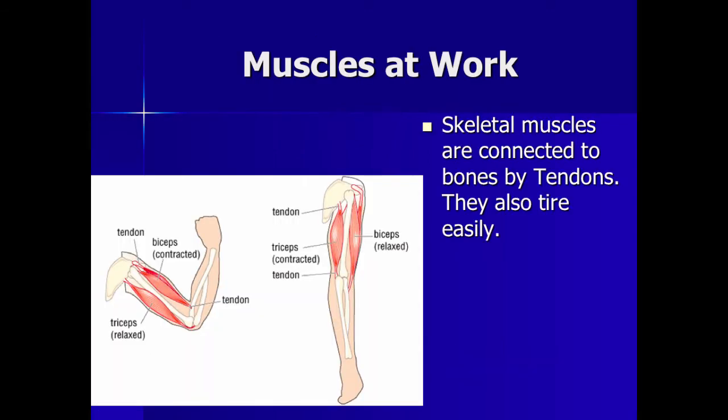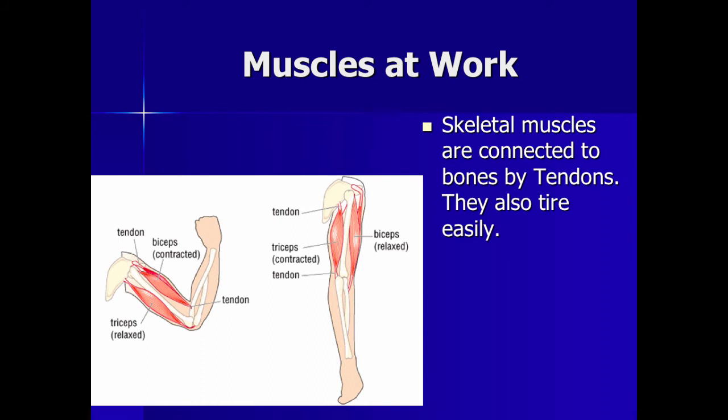So know that when we use muscles, skeletal muscles are always going to be connected to the bones by tendons. And this is so that they can tire easily. Now, if you want to think about putting your lower arm up on our hinge joint like we talked about, you will contract your bicep muscle, but at the same time, your tricep muscle has to relax. Muscles always work in pairs to allow for movement to occur. If both muscles were to contract at the same time, your arm would stay straight. They would not be able to move.